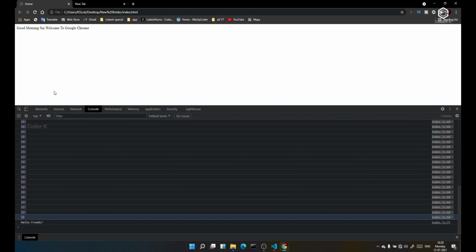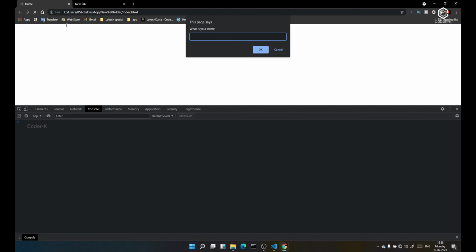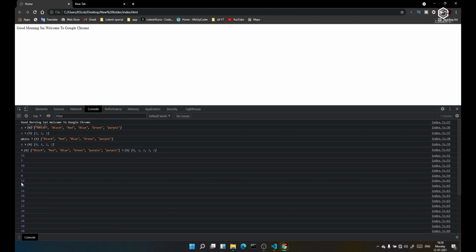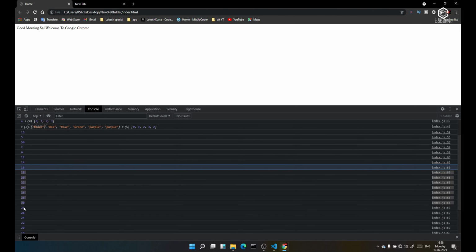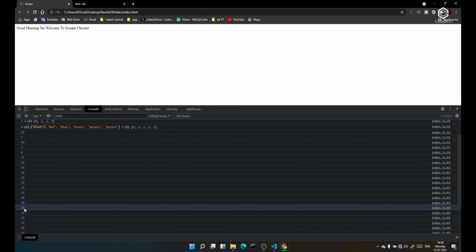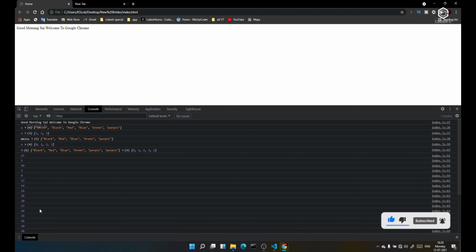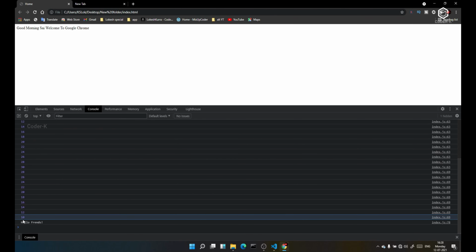Here you can check it out while reloading. Here you can check that 10 plus 2 is equal to 12, 12 plus 2 is equal to 14, 16, 18, 20, 22, 24, up to 30. It went up to 30, and from 30 it decreased by 2 each time, and at last it goes to 10. Here you can check it out, 12 to 10.